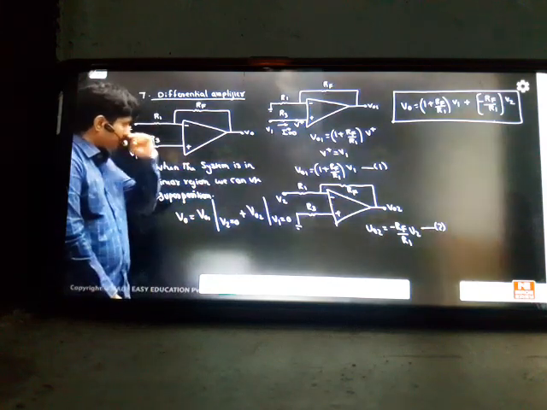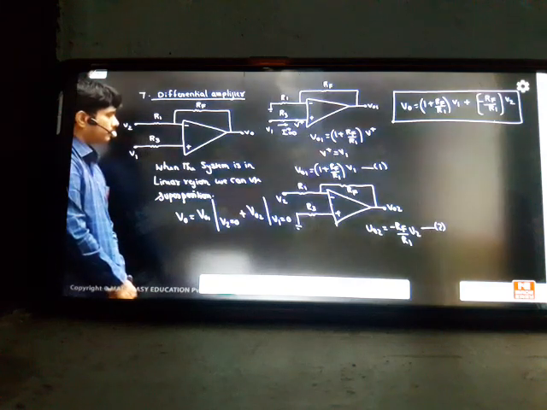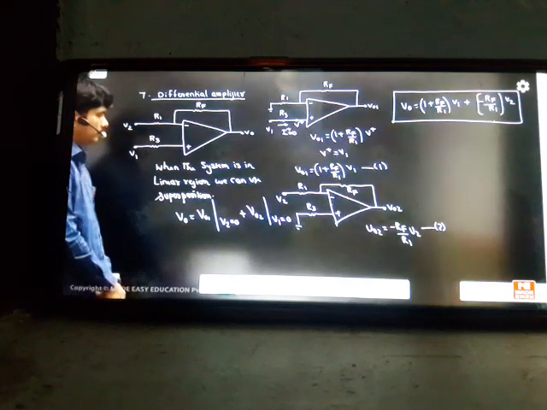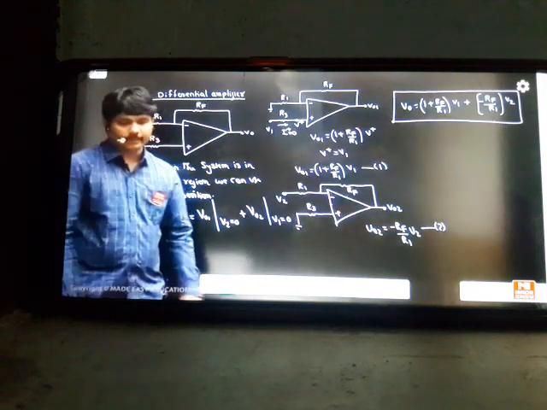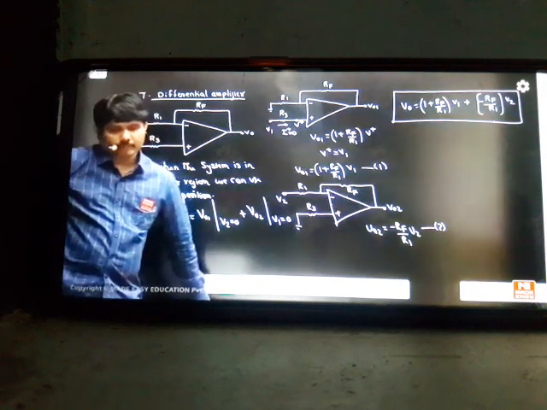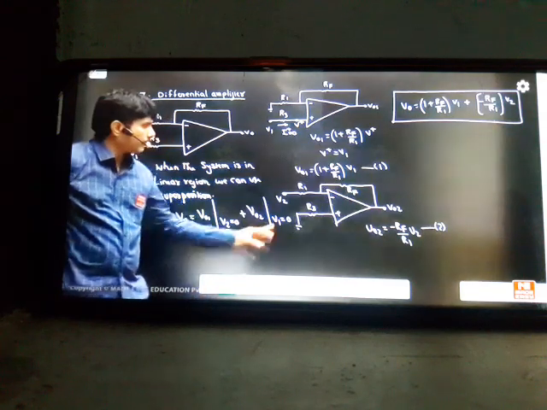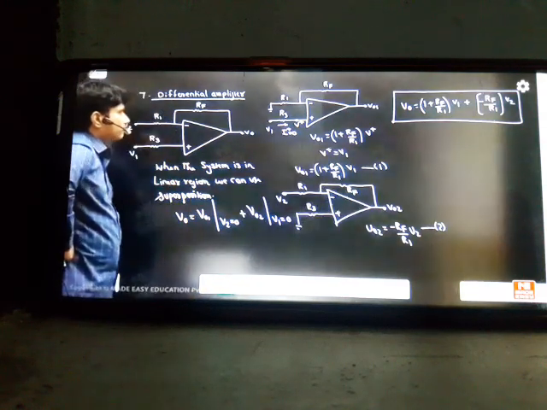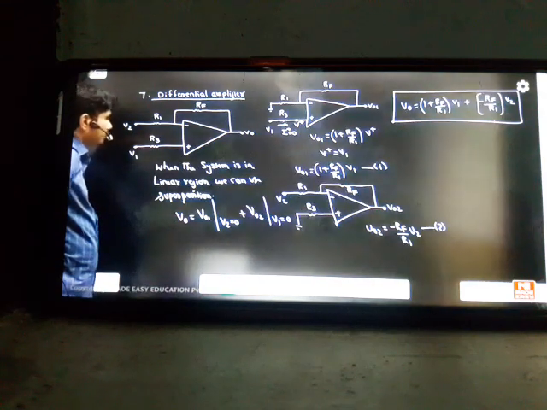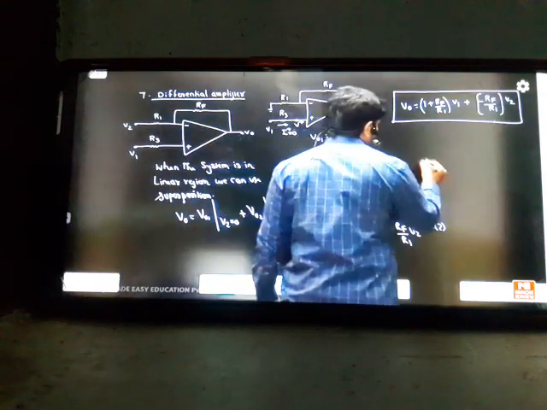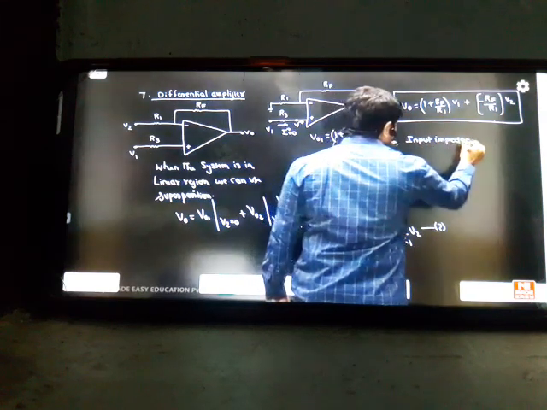So till now you have completed the concept up to here. And if anybody asks you how to find the input impedance for the circuits, okay? Input impedance, if you want to find it, how to find it, see. Generally for these amplifiers, if you want to solve for input impedance, if I want to find some input impedance, which is Zi,